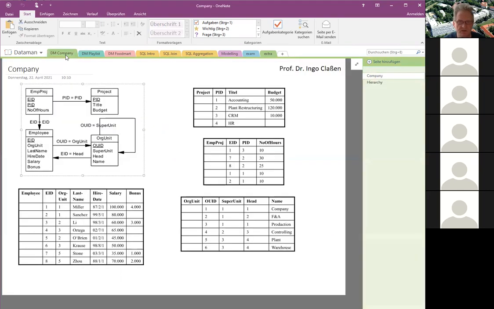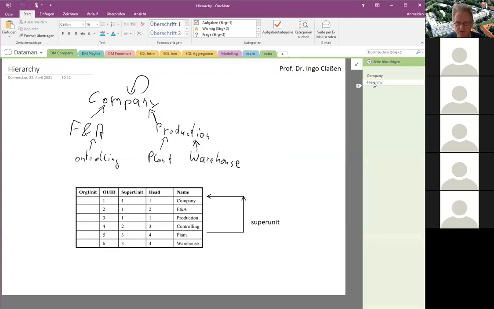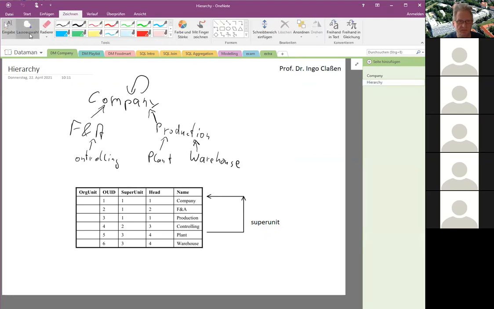And you might remember that related to that is this hierarchy here, yeah. So let's also take that one here and put it into the